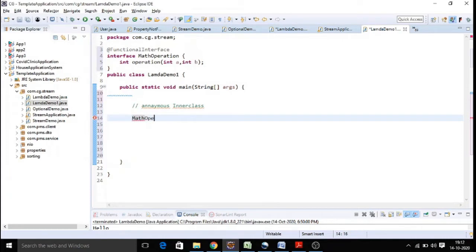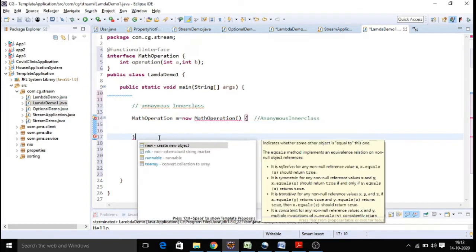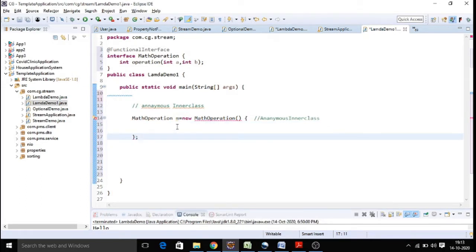So I'm going to create a reference of MathOperation, and I'll create an anonymous inner class. This is what is a part of our anonymous inner class. In an anonymous inner class, we will not give a name for the class. In this we are going to override our method called operation.